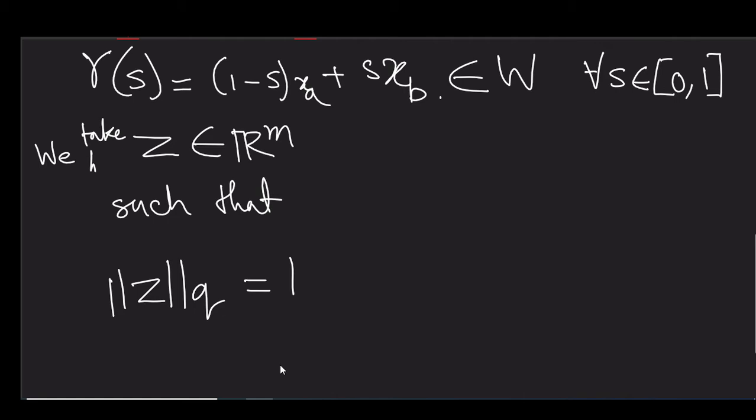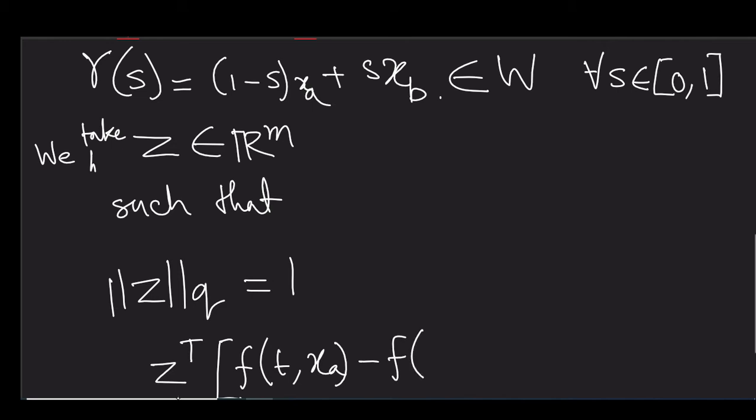It is not a very difficult assignment. We can find such a Z that yields norm Z Q is equal to 1, and also Z transpose f of t comma xa minus f of t comma xb